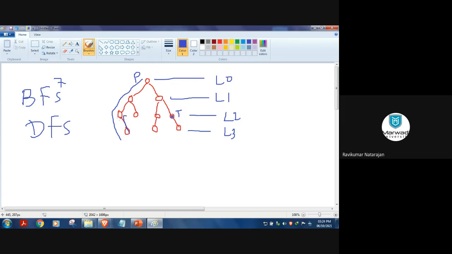So how many nodes should I visit to reach this peak? 1, 2, 3, 4, 5, 6, 7, 8. I'll go back, and then here it is 9. So it takes 9 nodes to visit to find the thief. Fine. So now my question is, which method is effective? DFS. Most effective, DFS. Okay, let me ask one more question.